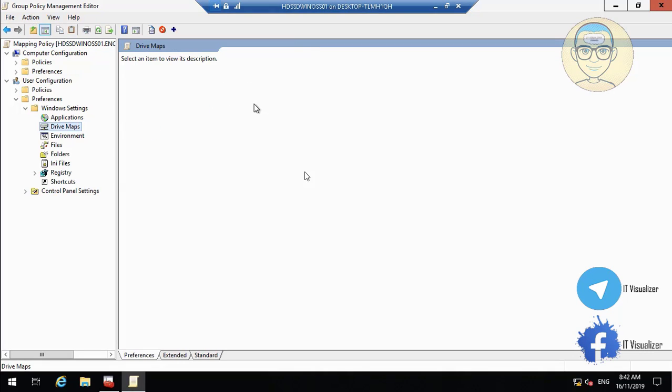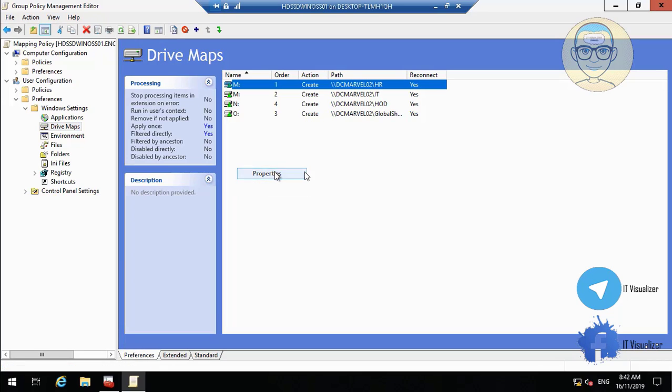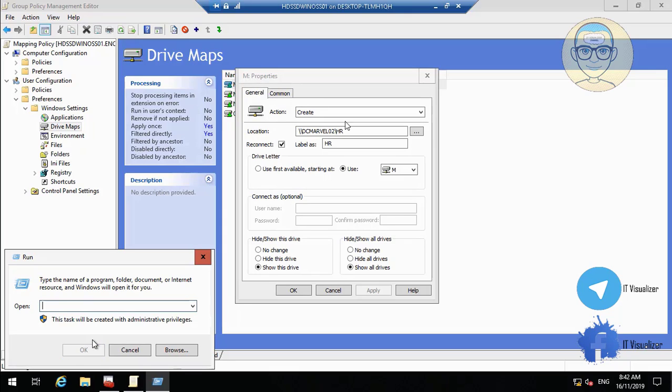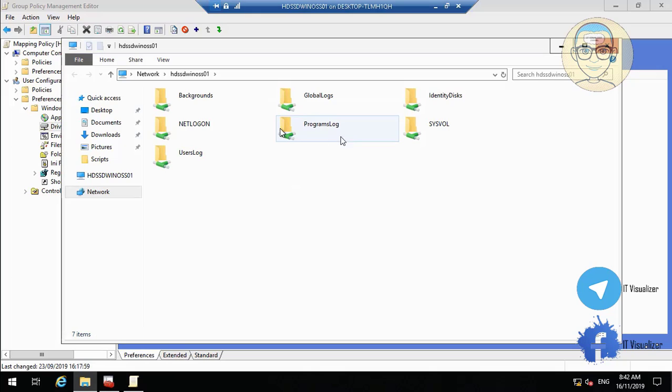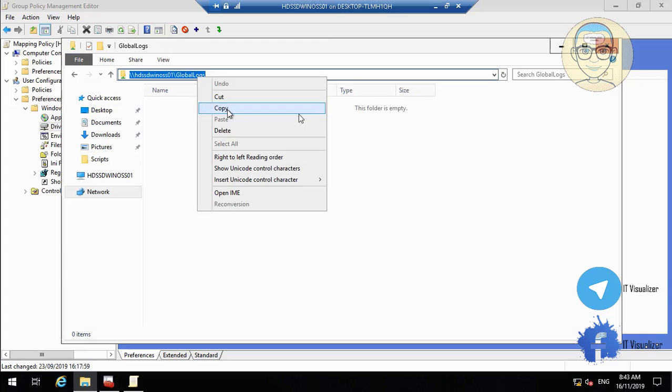Go to the Windows settings and then you go to the drive maps. Here you can see that they are from my previous lab. Here we will go to one of them and then properties, and for example this is the HR department share. We need to change the share name or the server, because this is a different server from a different lab, so we need to put the server name and the department. So here we can see, for example, one of my shared department folders we call global logs. So we will copy this shared folder